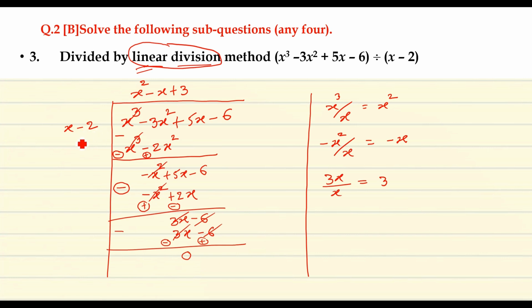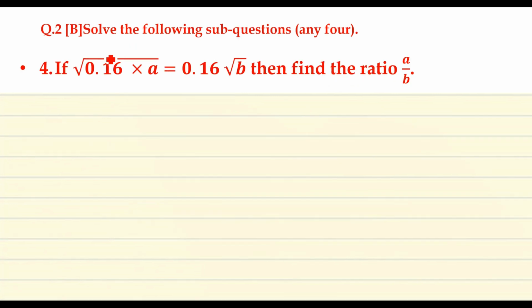Therefore, we can get that x minus 2 is a factor of the given polynomial. So, this is the final answer for the given question. Divide by the linear division x cube minus 3x square plus 5x minus 6 divided by x minus 2. Now let us move to question number 4, where it is asked to calculate the value of the ratio